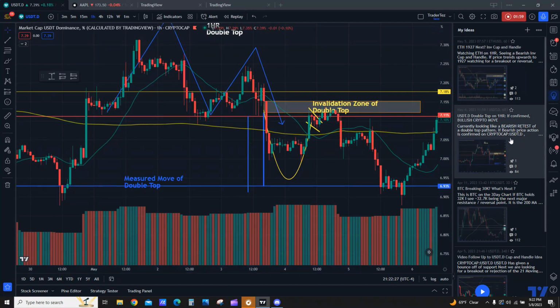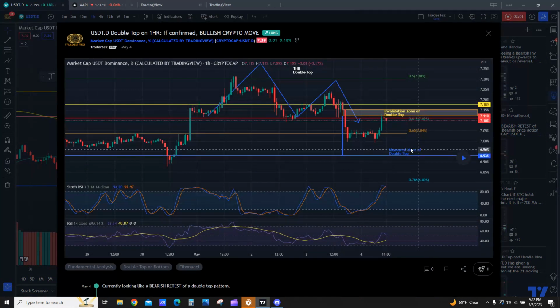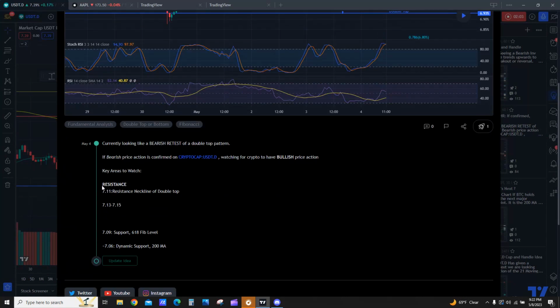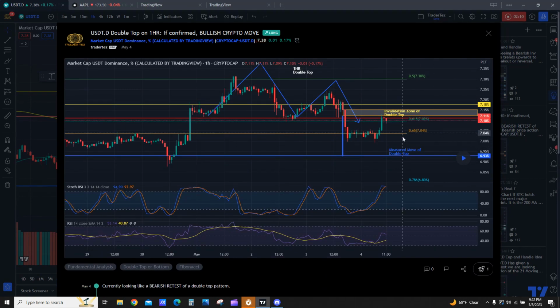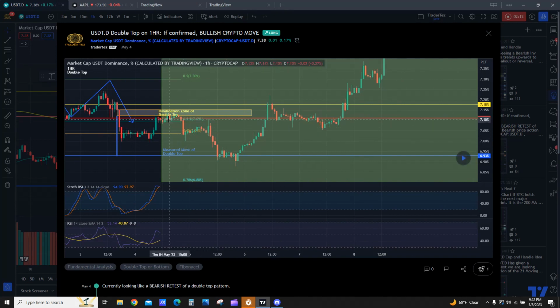So if I go back to that, see, these were the key levels that we were watching: 711, 713, 709, and 706, just initially on May 4th. And then we can see that it hovered around 711, and then we got a rejection, a bounce off that 705 level, pretty much another rejection at 711, and then we finally came down on Friday to the 693 level. And then at this point, this is where you're